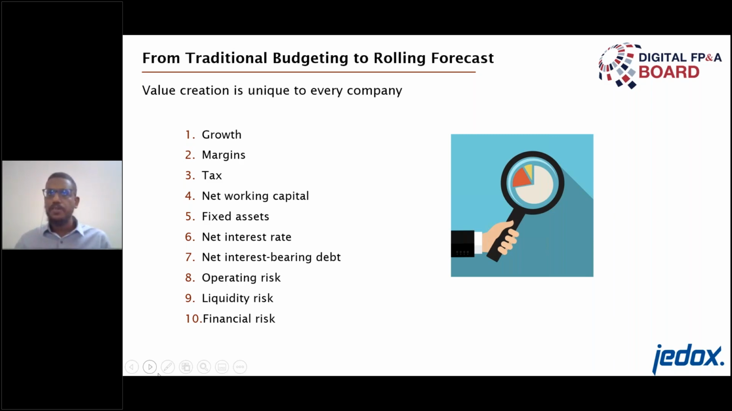This 10-value driver set is not unique to my company. I believe it can be suitable for any company around the world. But anyway, when I looked at these drivers after I analyzed my ecosystem, I realized that I can put them in groups. Numbers 1 to 4 are how to generate free cash flow and create value